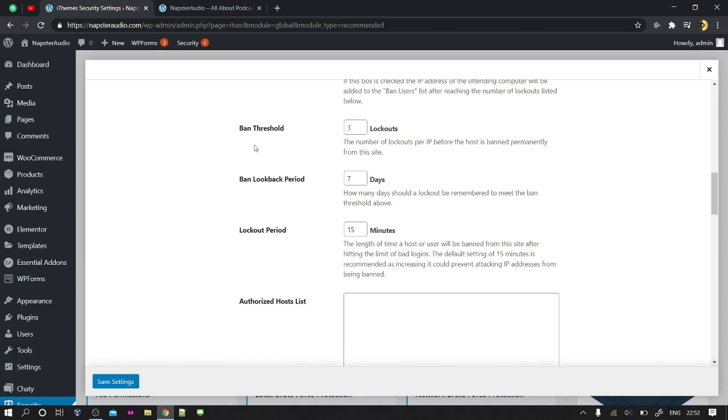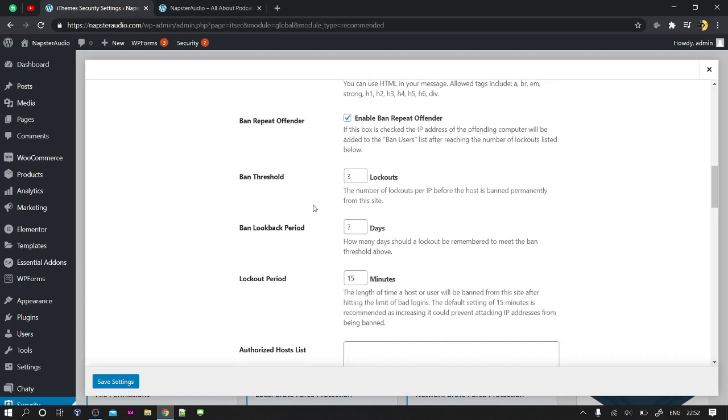Now you need to see this ban threshold, ban lock period, and lock period. So basically, let's suppose someone is trying to log in to your website, and they are searching for different pages on your website but not finding them. The first time they will be banned for 15 minutes, and this period is 7 days.